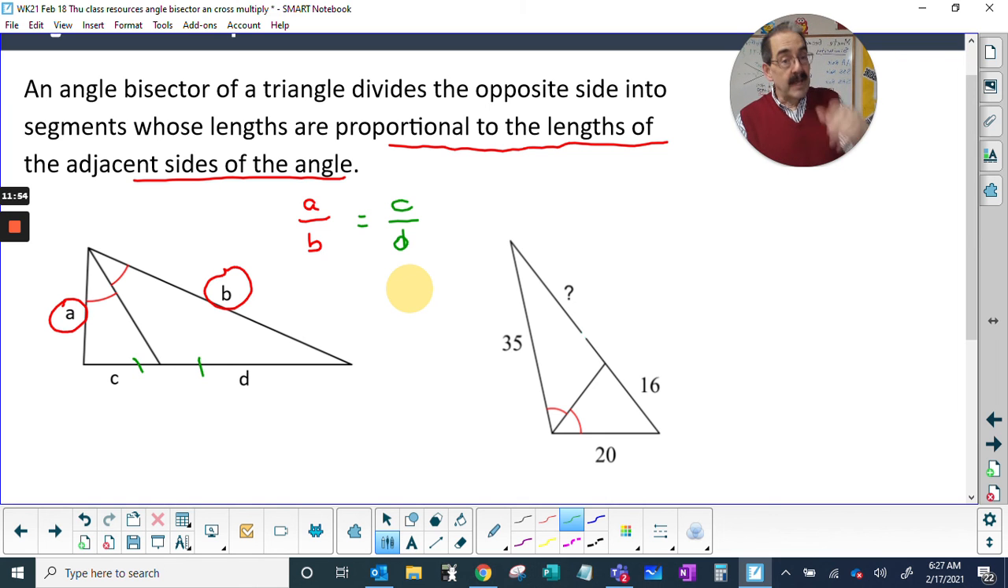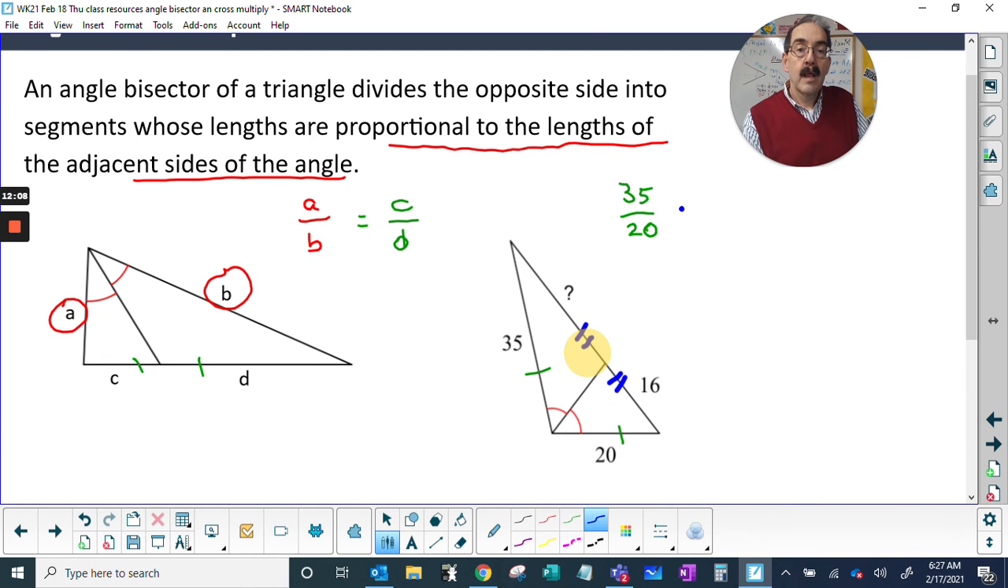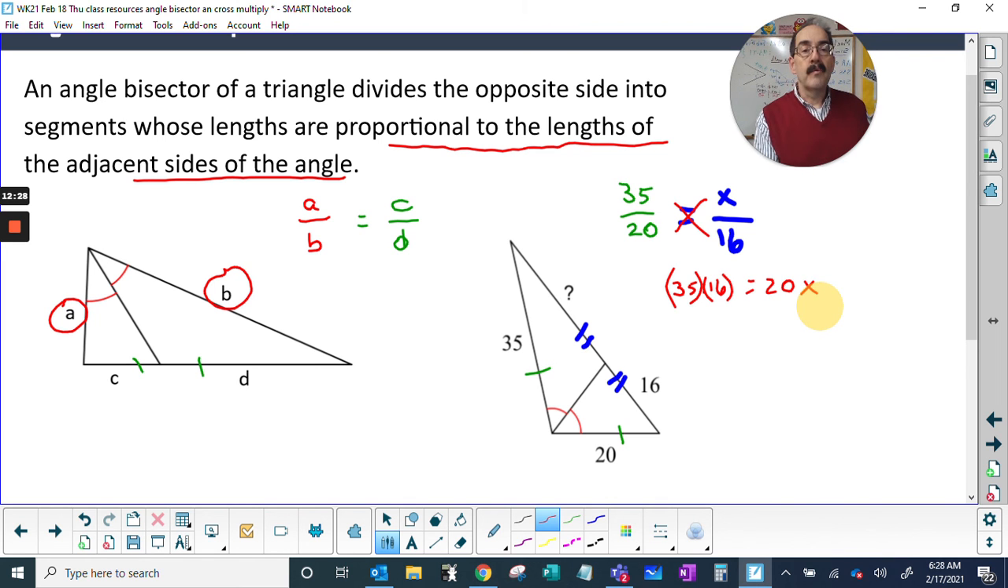Okay, thanks. Coming back. Okay, now I'm going to go literally what they said. 35 goes to 20, the proportion of the adjacent, as x goes to 16. Okay, now we have to do the cross multiply, that to that, that to that. So we have 35 times 16, and that's equal to 20 times x. Okay, and we know how to undo a multiplication. Actually, let's do that first. What do we got? 35 times 16,